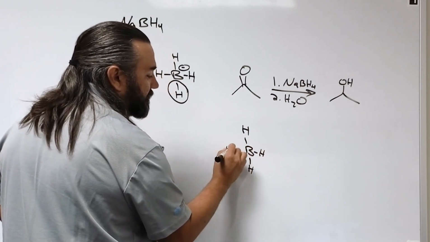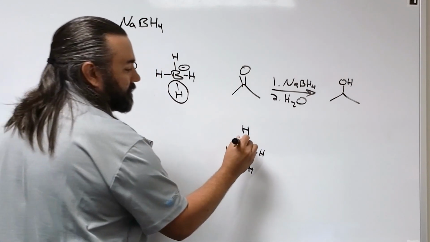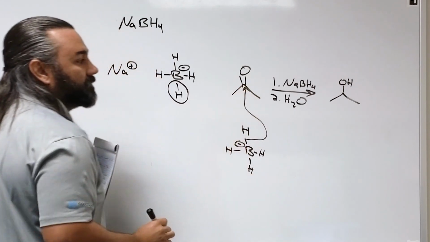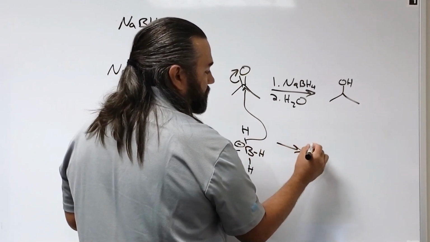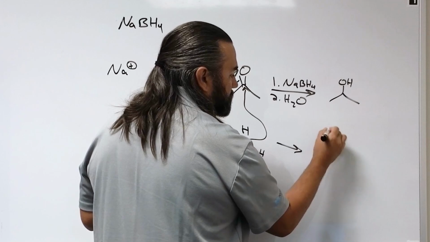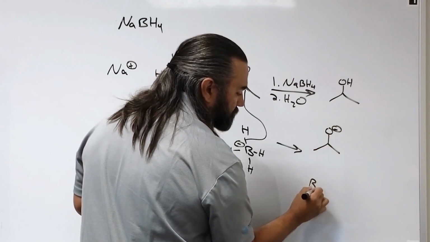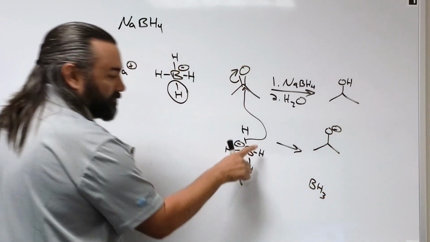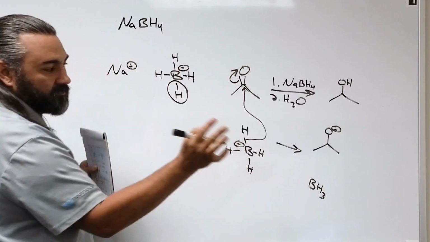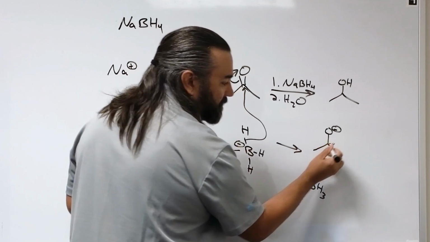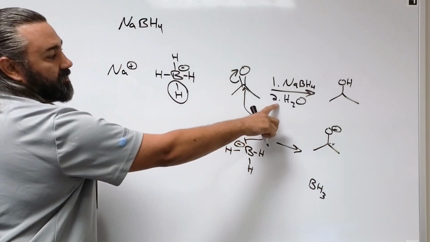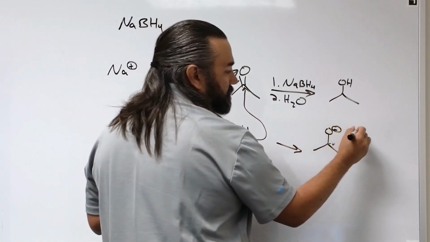from the borohydride ion attacks this carbon, the electrons go up, your boron becomes BH3 and floats away, and your hydride makes a bond to this carbon, so you get a carbon-hydrogen bond right there. Then in the second step, when you add water,